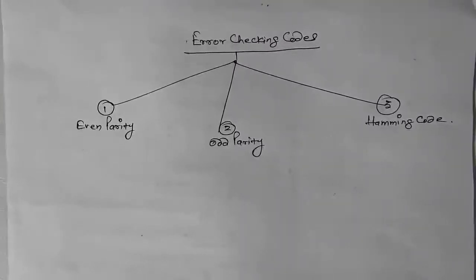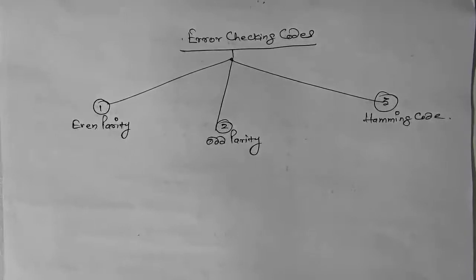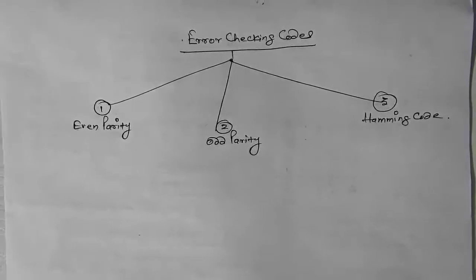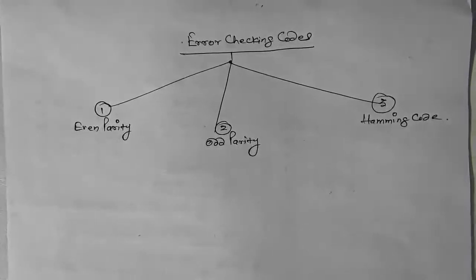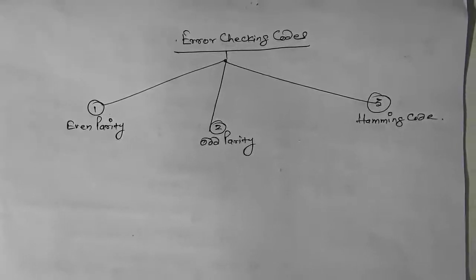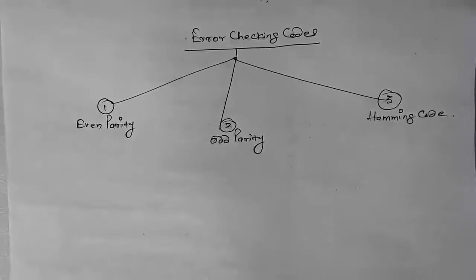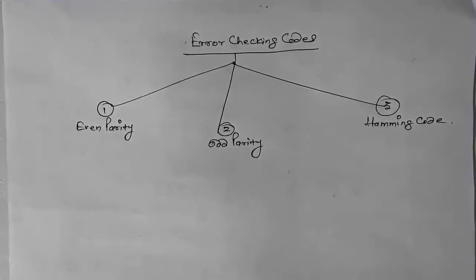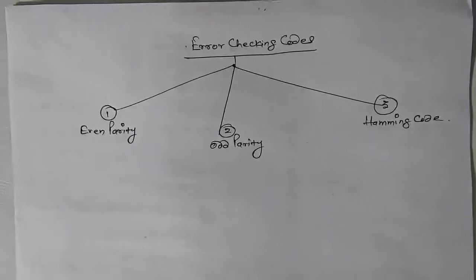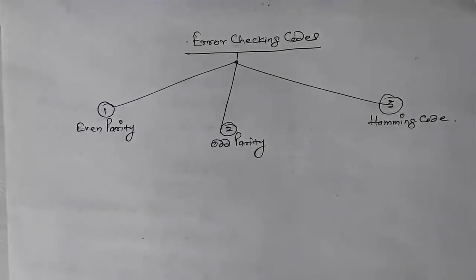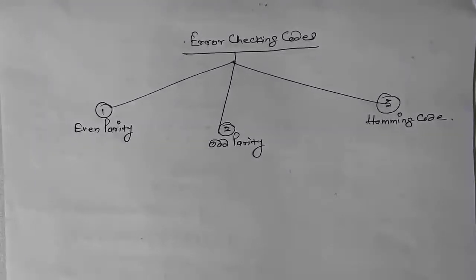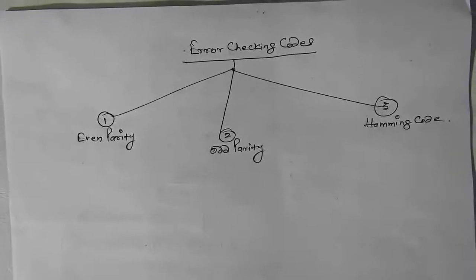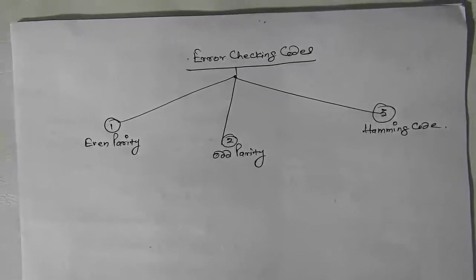When data is being transmitted from transmitter to receiver, one bit is added with the data. That bit is called the parity bit, and the nature of that bit depends on whether it is even or odd, which depends on which kind of coding we use. For example, the responsibility of the even parity bit is to always send data from transmitter to receiver which will have an even number of ones.